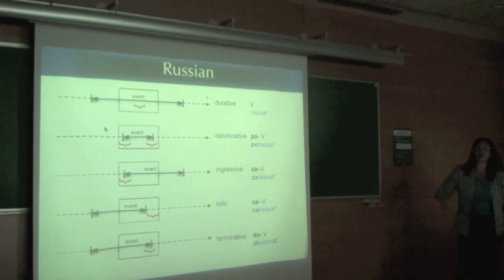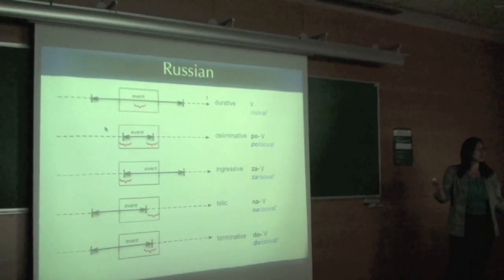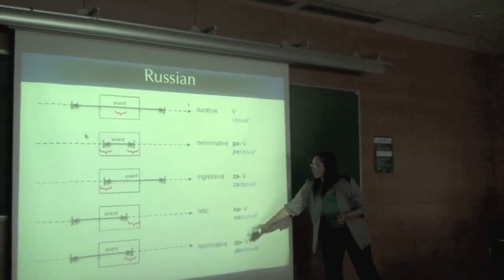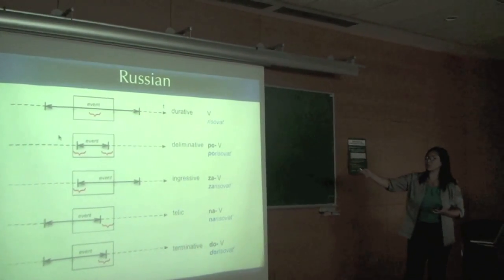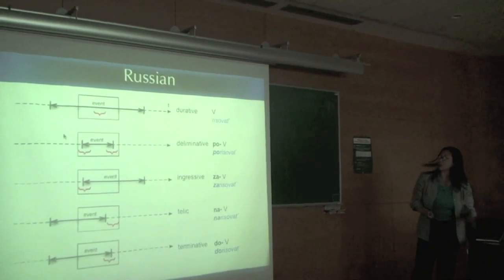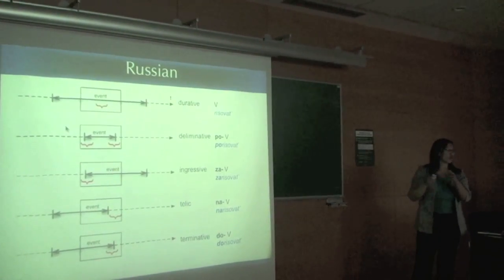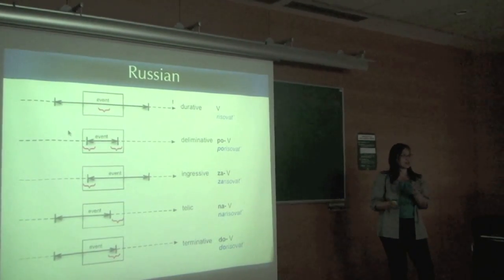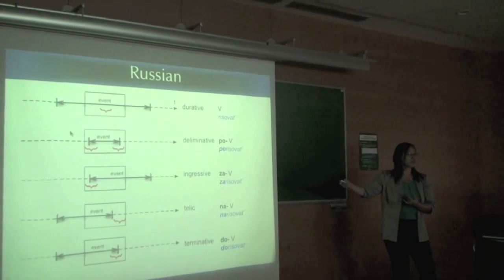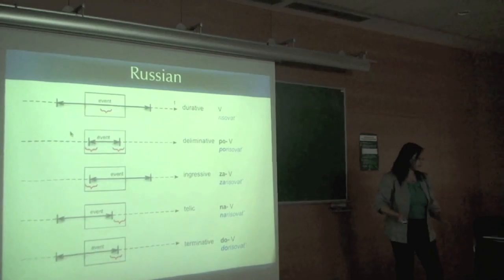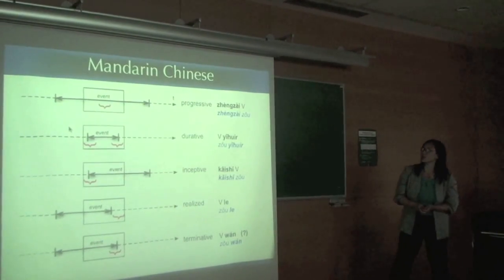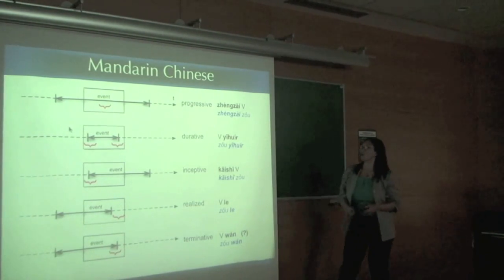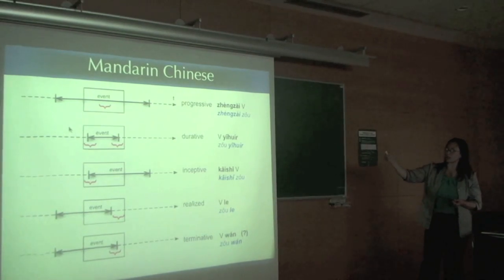And different languages, I won't go into detail here because I'm not a native speaker of Russian, might use different devices to focus your attention. For example, in Russian, there are different kinds of prefixes that tell you, for some verb here, which I think is also "walking," which part to focus on. They're not exactly the equivalent from one language to another, and they might not mean exactly the same thing, but they can do the same kinds of operations: focus my attention at the beginning, the end, some other aspect. In Chinese, for example, similar to the English case, you might have a phrase 正在做, which is "I'm in the middle of walking," the process of walking. And you can say things other ways.